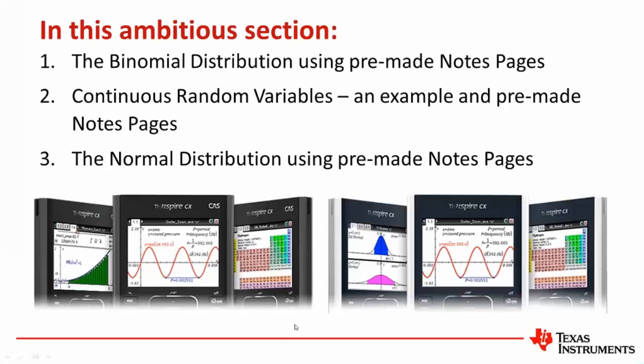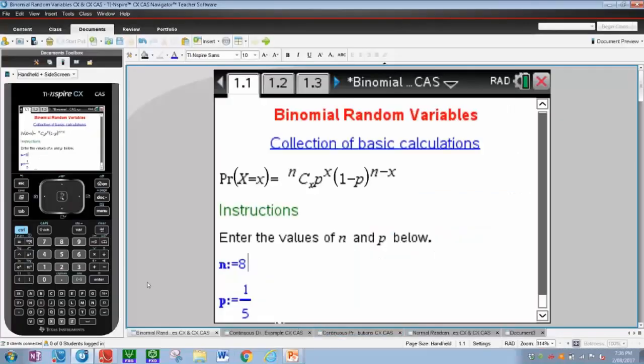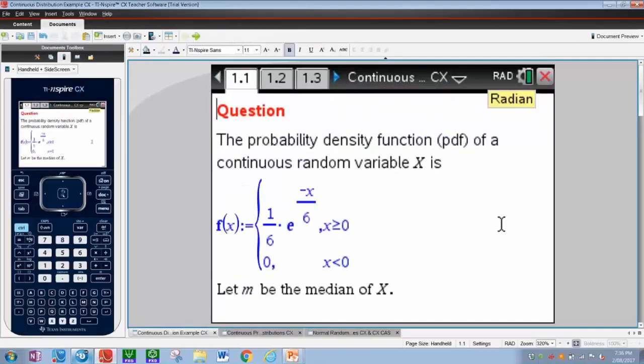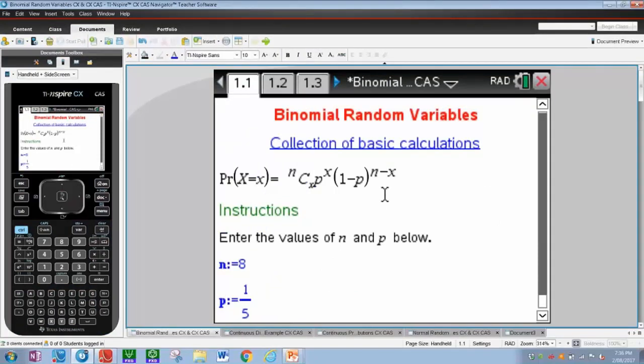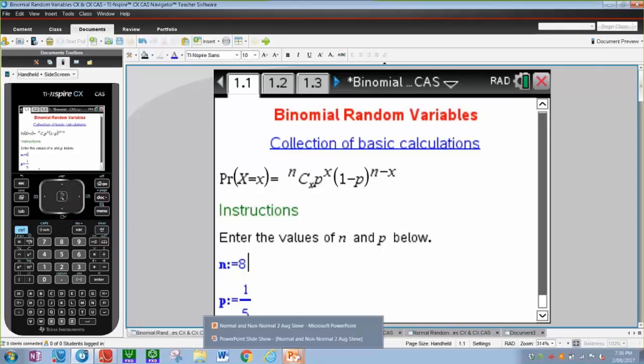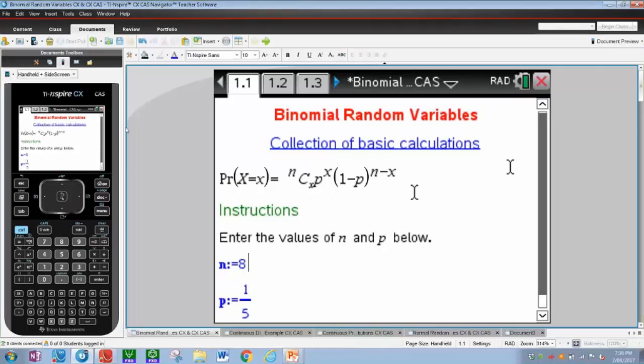And what I've done with my software is I've put the entire handheld there rather than just the keypad. So if you're ever looking at what I'm doing, just have a quick look at the left-hand side and look at the CX CAS up there, and it should be clear what I'm doing. So I have made that available that way. Please feel free to chime in if you have any troubles identifying which calculator I'm using.